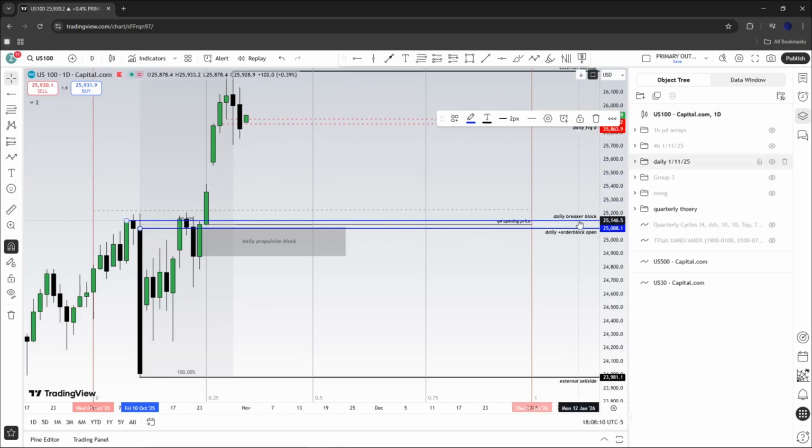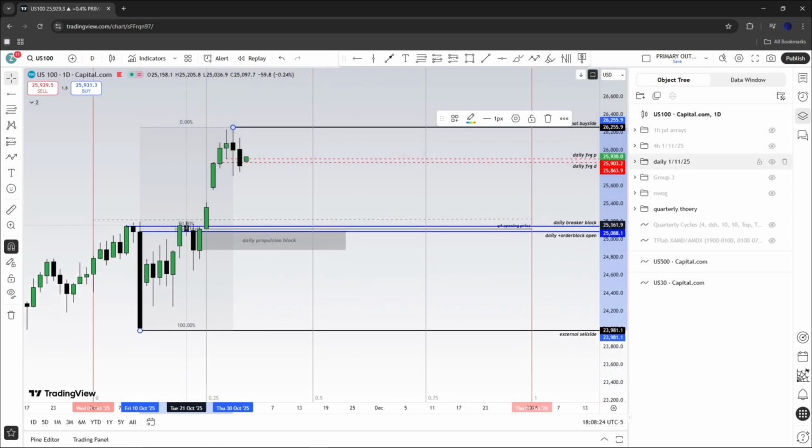In line with that, we do have our daily breaker block as well. If price does want to retrace to this point, I think that we'll find some sort of support at this level. It's also in line with our equilibrium level on our fib. Can't really see it there, but the 50% is just sticking out. If we want to retrace, I do think that we'll find support at this level. There's a lot of confluence that suggests that this should uphold price. Once we get to this level, something key to pay attention to would be, do we have the momentum to actually break down through it and target the external sell side?